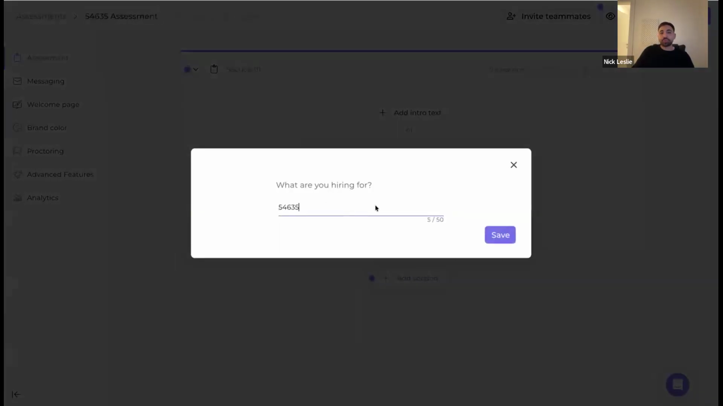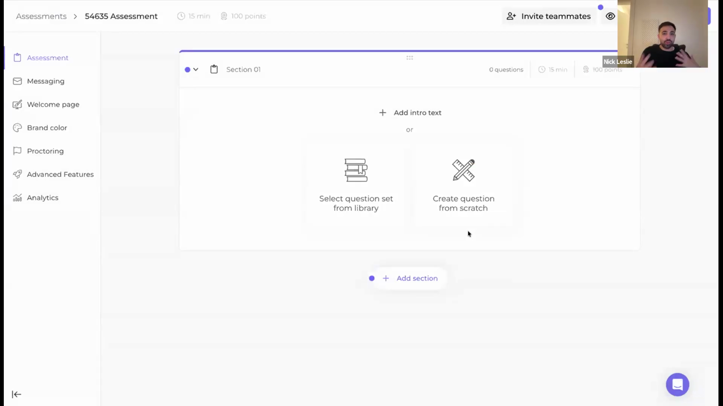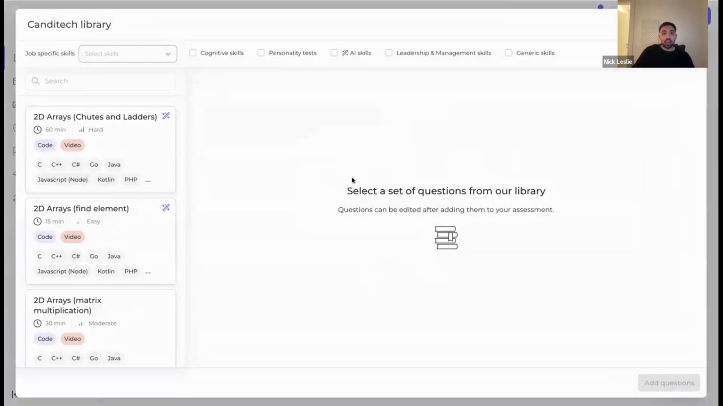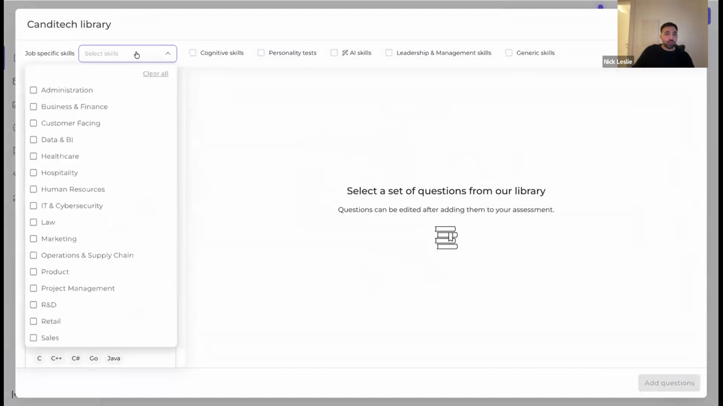If you wanted to just build your own assessment, you can click create an assessment. And from here, you have two options. You could either go into our library or you could build questions from scratch. If I jump into our library, it's split out in a few different ways. So you